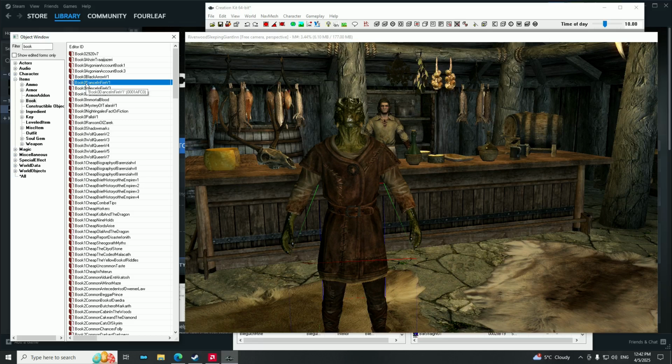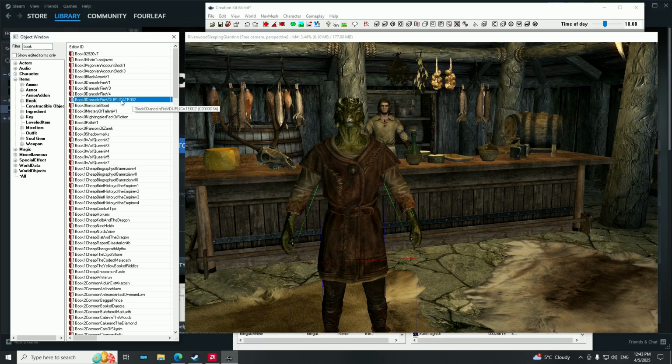go into our list. You can pick any book, it doesn't matter. But instead of right-clicking and clicking New, we're going to right-click and duplicate. Just make sure that you have one of these books highlighted. So right-click and duplicate. You'll see it will come up. You'll know yours is the duplicate because it very simply just says duplicate right after the name of the book. Okay, so click on the duplicate,